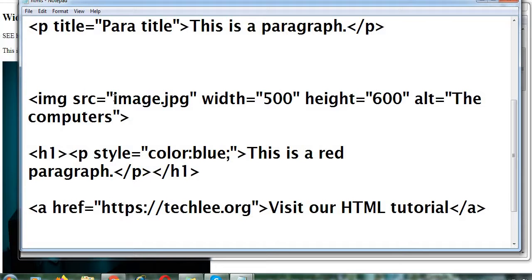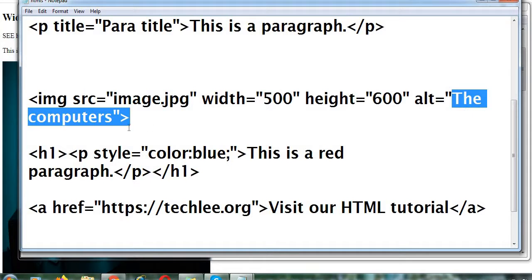In the same folder I saved the HTML file as well as the image, so it is directly fetching it. Moving forward, the width and height attributes define the width and height of the image. I forgot to mention it all needs to be in between the double quotes. And here I defined the alt attribute, you can see I gave the value computers to the alt attribute.